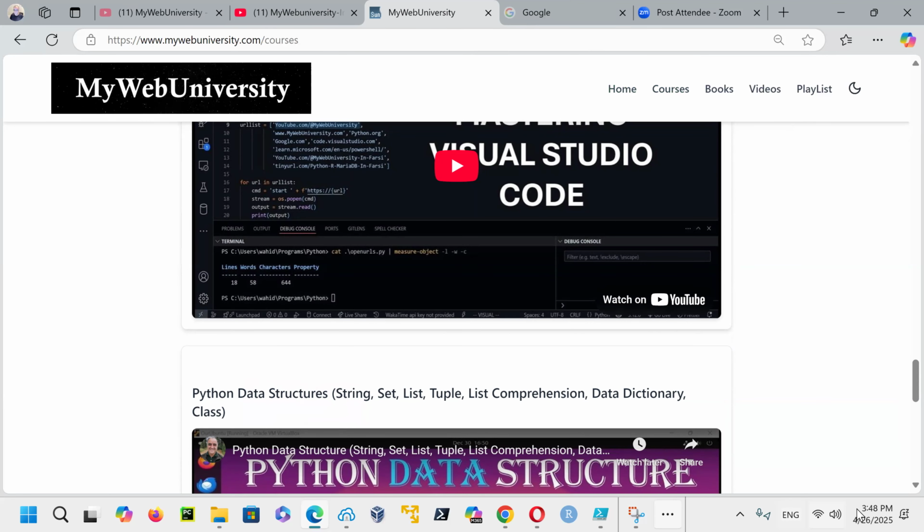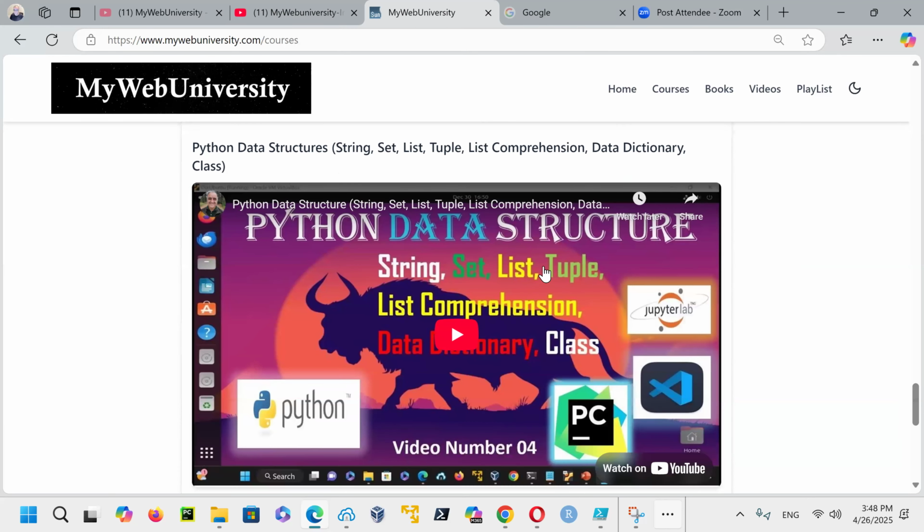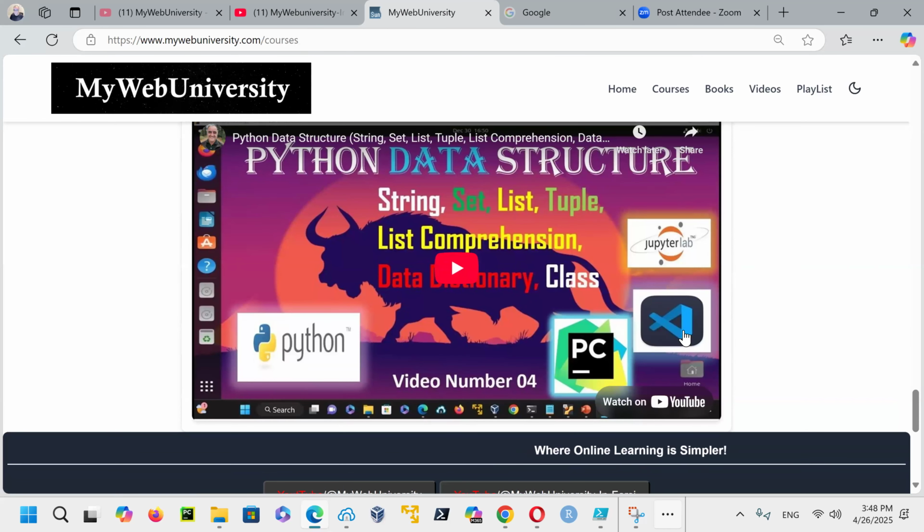It's all on this page. Some other videos also cover it. Python data structures is a very good course that you could learn. I demo a lot of it with Jupyter Lab, Visual Studio Code, PyCharm, and Python. You can see I covered data structures such as strings, set, list, and tuple.